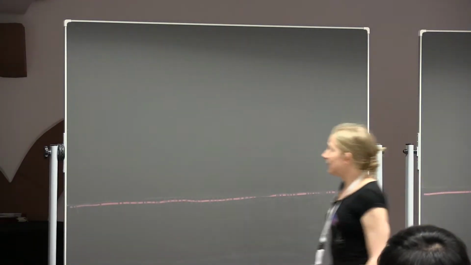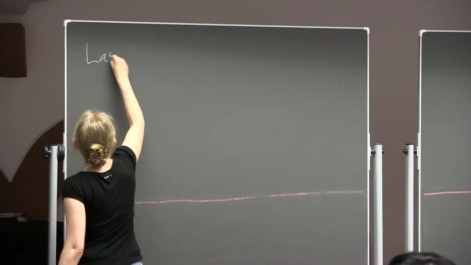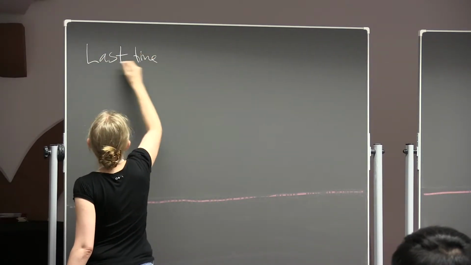Okay, so welcome to the second lecture on indirect detection. Last time we talked about some simple estimates for indirect detection, and Neil kindly gave us a review of the thermal relic scenario this morning. So basically the two things that I want you to remember from last time are that